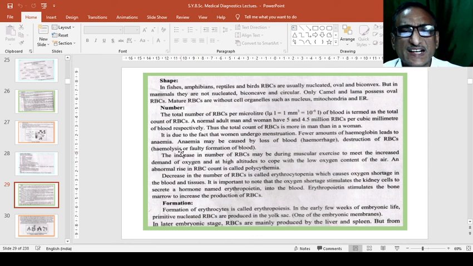It is due to the fact that women undergo menstruation, and fewer amounts of hemoglobin lead to anemia. Anemia may be caused by loss of blood or hemorrhage, or in short a loss of RBCs. An increase in RBC may occur during muscular exercise, to meet the increased demand for oxygen, and at high altitude to cope with the low oxygen content of the air. So a decrease in RBC is called